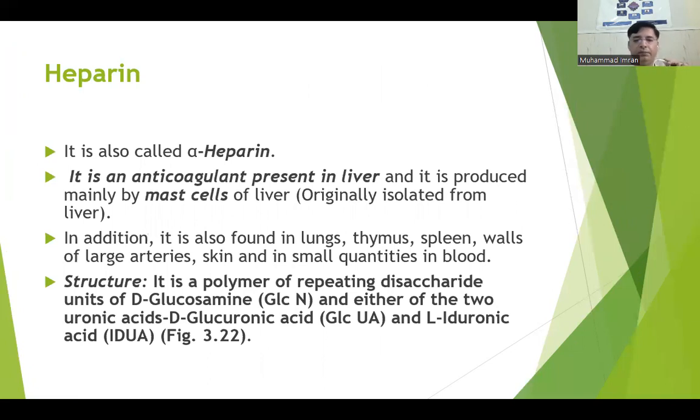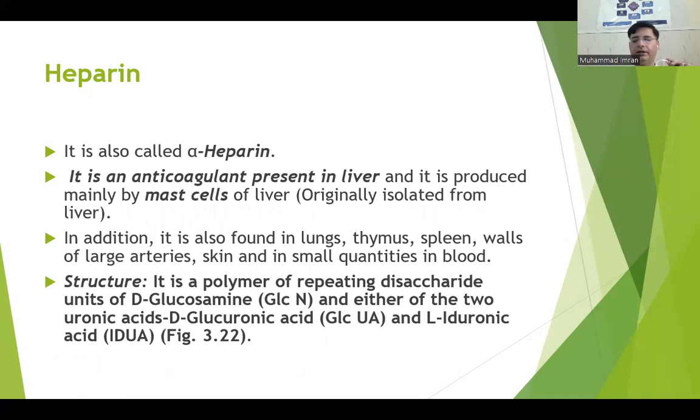It is an anticoagulant present in the liver. It is also produced by the mast cells of the liver. In addition, it is found in the lungs, thymus, spleen, valves of large arteries, skin, and in small quantities in blood. The structure is very simple. It is made up of